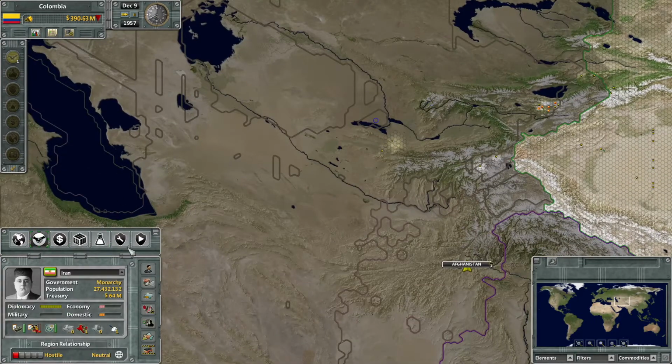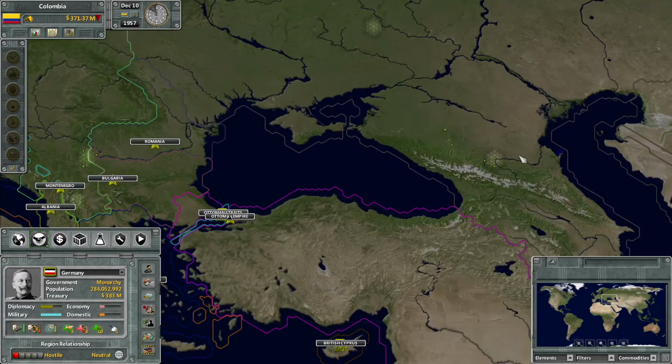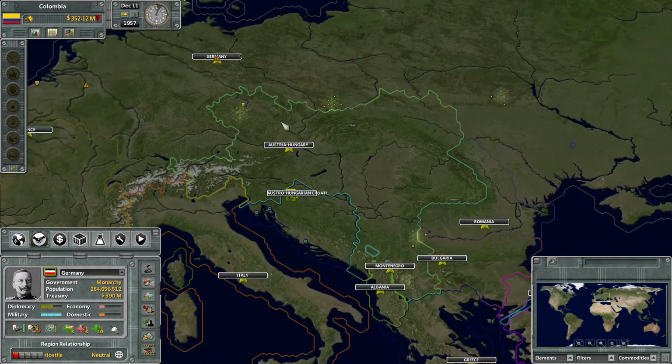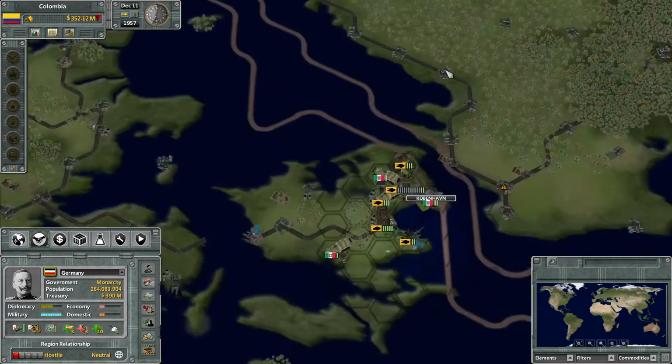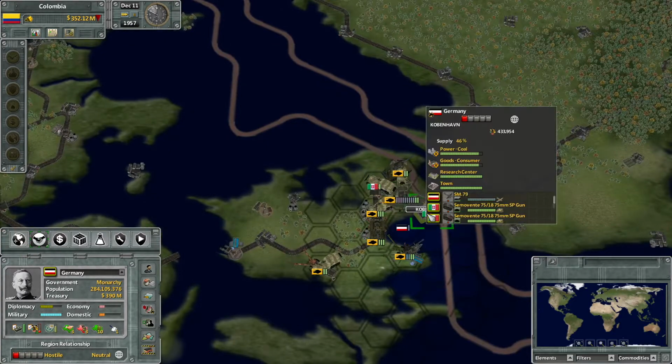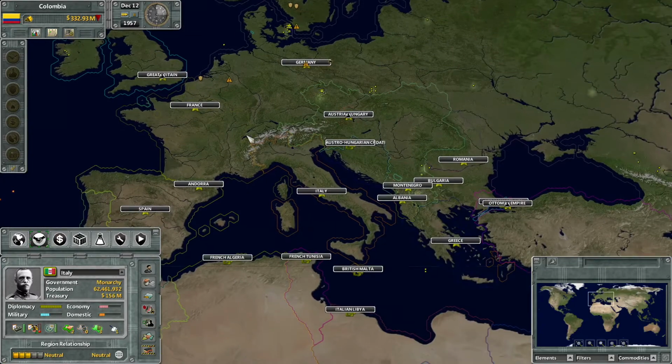How long? It's got a population of 27 million. Approval rating is a bit low. Military approval rating is still pretty high for Iran though, so I suppose they can keep that going. It's basically draining the German monies quite nicely, which I don't mind. There's a lot of Italian troops down here as well. Now I wonder if there's going to be a war between, say...